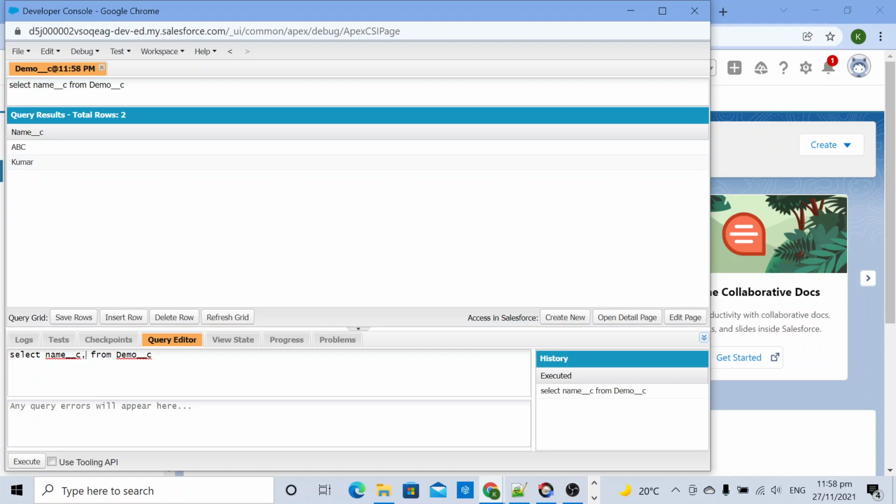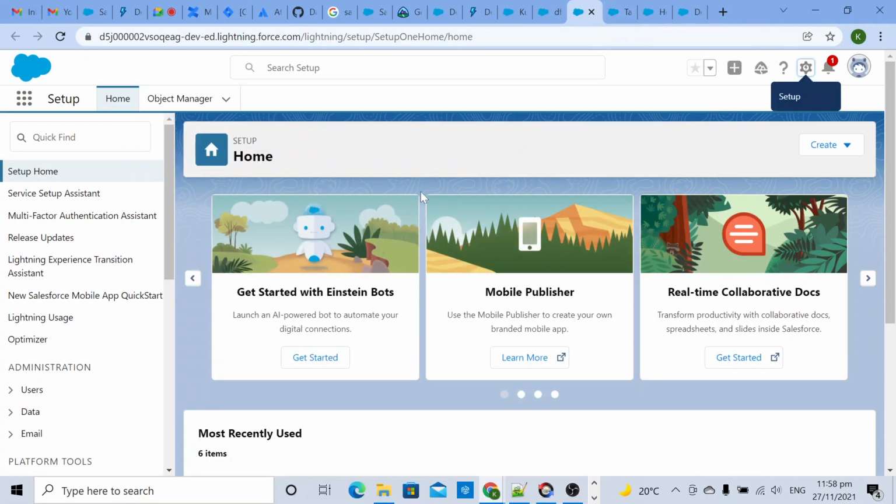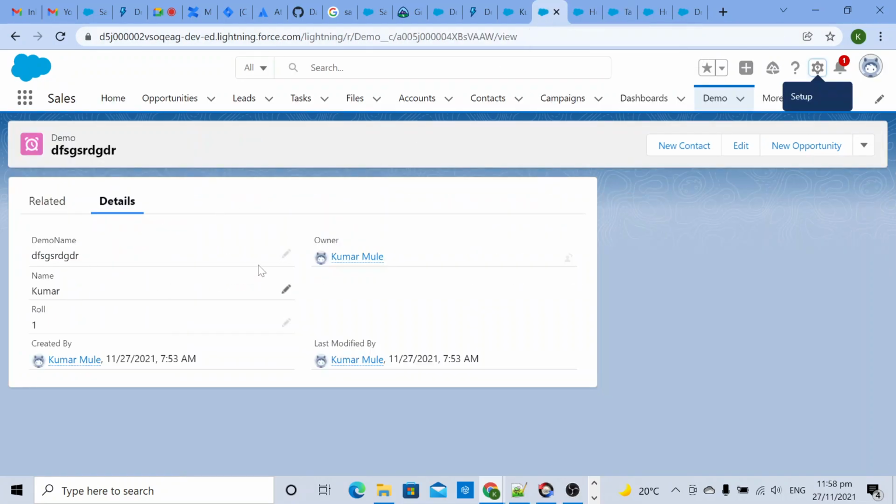Name__c, then role__c. Then it will fetch name and role both. I want the first field also, that was demo name. Execute. Oh, this field name was something else. Let me quickly check what that field name is. Demo name.